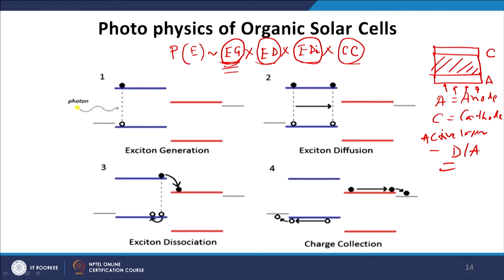So, the challenge of the field is to reduce the band gap and design a material which has a low band gap and which can absorb light in the near infrared region. Those kinds of materials are called low band gap polymers. So, we need a low band gap polymer with a suitable absorption coefficient so that the light can be absorbed and excitons can be generated, and my first stage will be fulfilled.